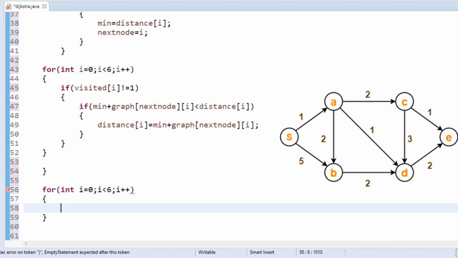In this for loop, I am going to print the distance from the source to the destination vertices. System dot out dot println.